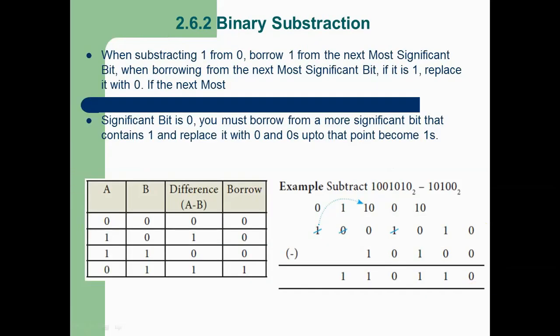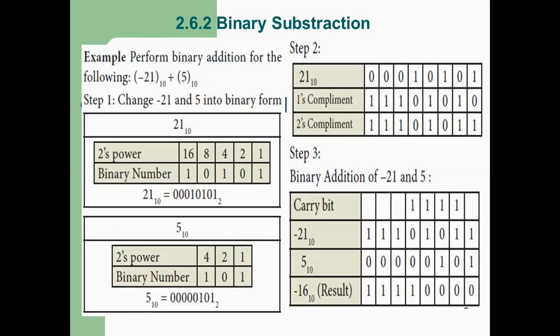So next, 1 is the carry bit. Now again we want to add 1 plus 1. Here we get the result 10. So 1 is carry. Put the carry bit here and add the sum bit to the 0. Result is 0. Again 1 plus 0 is 1. 1 plus 1 is 10, so the sum bit is 0 and the carry bit is 1. 1 plus 1 is 10, 1 is carry, 0 is sum.